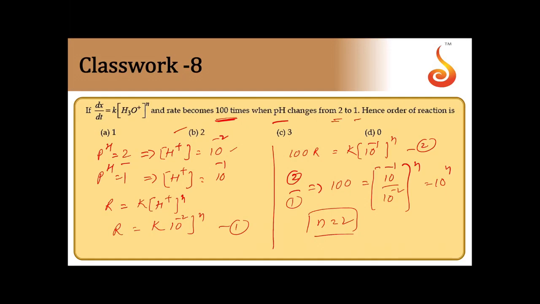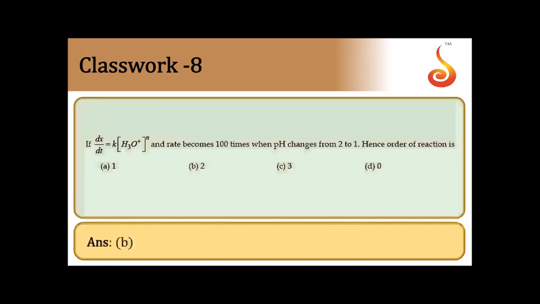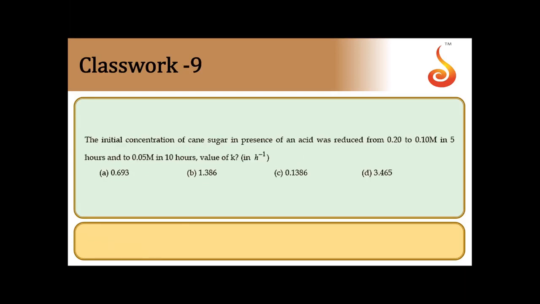At pH 2, H plus is 10 to the power of minus 2. At pH 1, H plus is 10 to the power of minus 1. So the order became 2. Next one. So the answer is the second option. Then the ninth one. The initial concentration of cane sugar in the presence of acid was reduced from 0.2 to 0.1 in